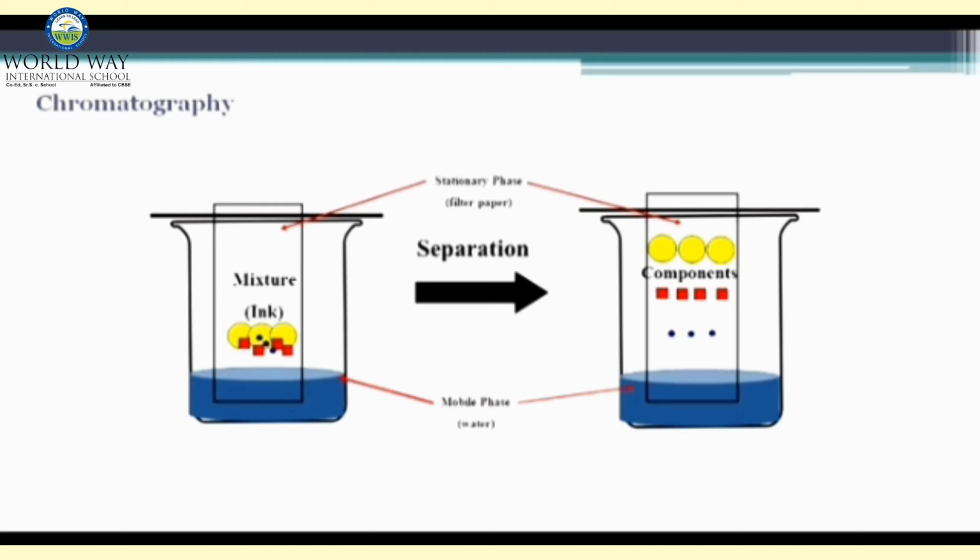There are other two phases involved here. Stationary phase is the chromatography paper which we have used, and the mobile phase is the solvent which we have poured in the beaker, which is specifically isopropyl alcohol, also called mobile phase solvent. But in this case, we can see it is water. So there are many kinds of mobile phases which can be used to separate different colors.